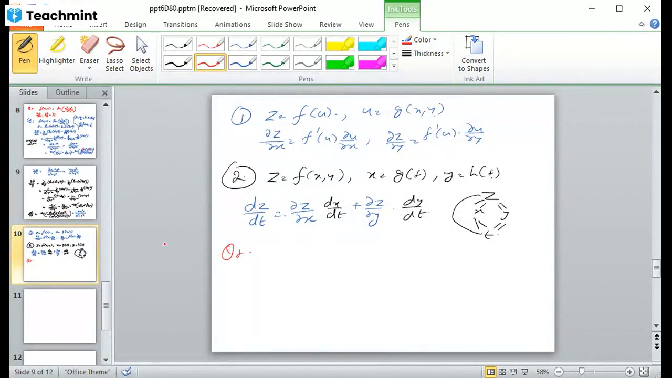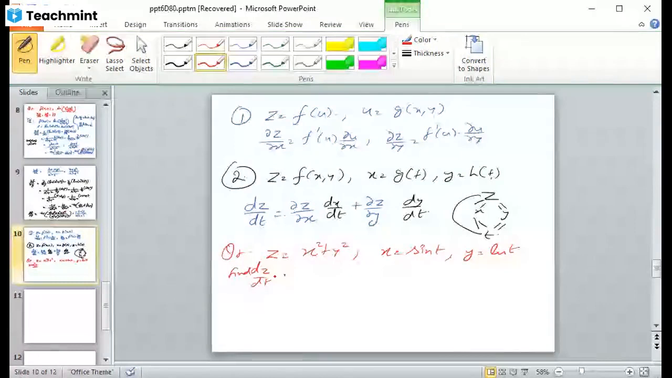Suppose I'm considering here, let z be equal to x² plus y², where x is equal to sin t and y is equal to log t. And find dz/dt. So what can we do? Here z is a function of x and y, and they are functions of t. So what is dz/dt? dz/dt is